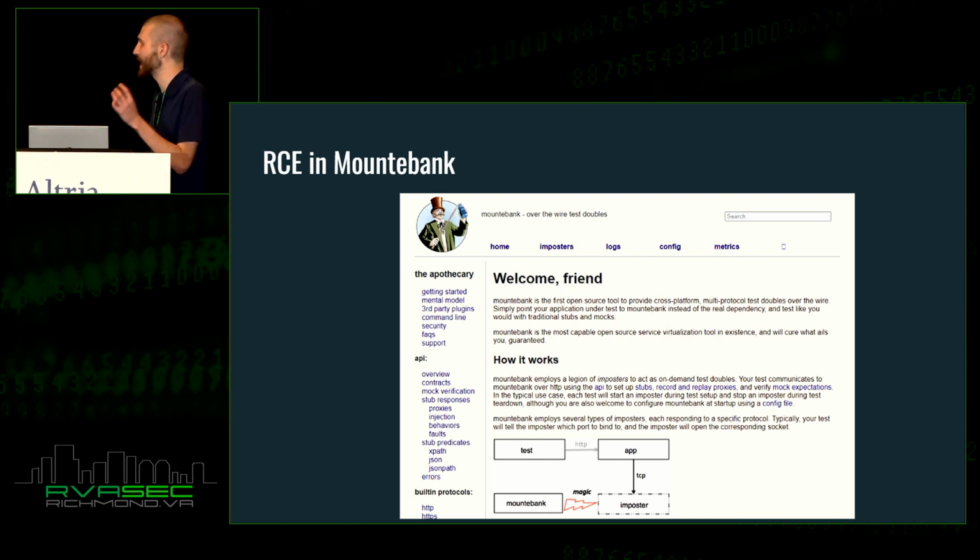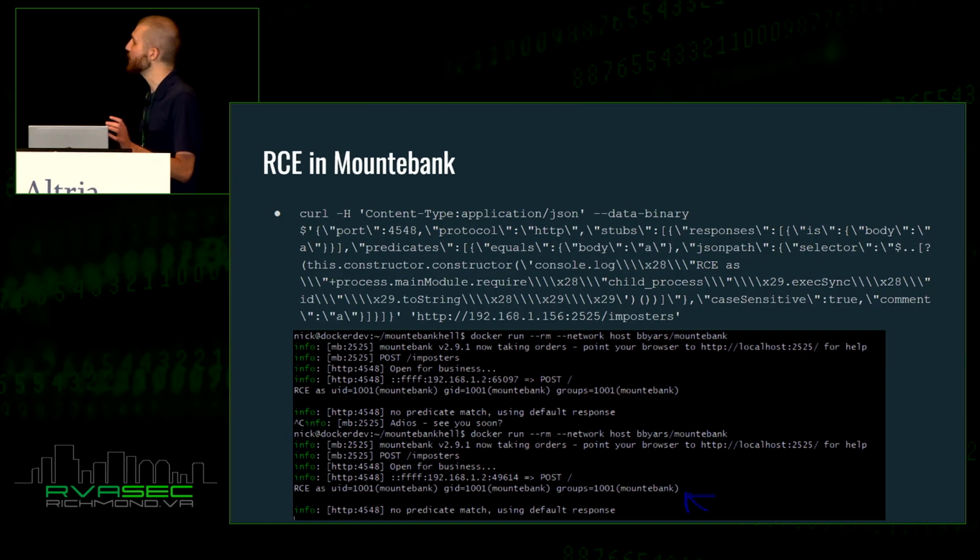And so this is like a dedicated instance that runs persistently. You define the stubs that create listeners, and the app at test time talks to those stubs, and the integration tests run properly. The problem is they used JSON Path Plus without eval false,